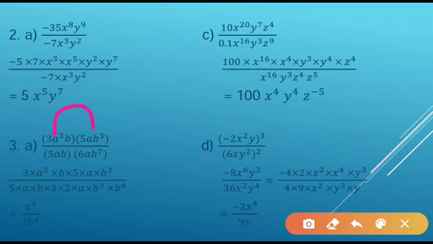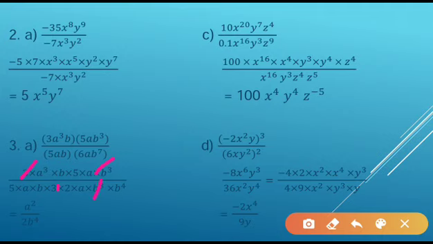Next question, first of all multiply the numerator or just expand them. This is your first bracket and this is your second bracket. Now this is your first bracket, and a to the power 7 can be written as a cube into b to the power 7. Why am I writing this? Because they both can be cancelled. Now after that start cancelling. 3 will be cancelled, b cube will be cancelled.